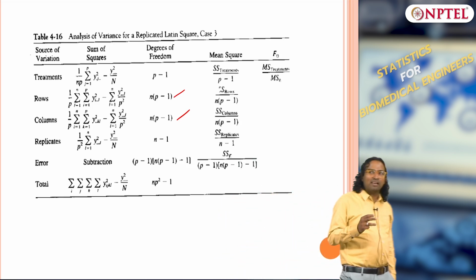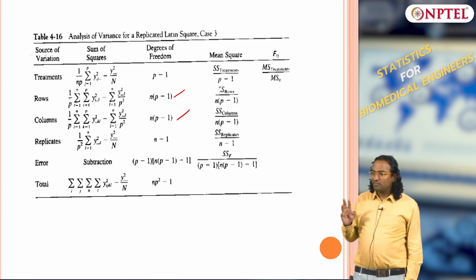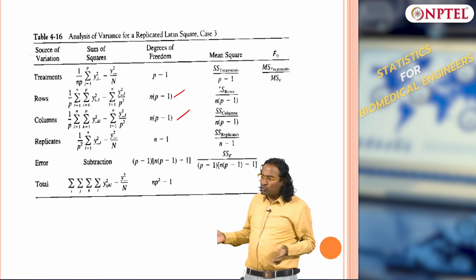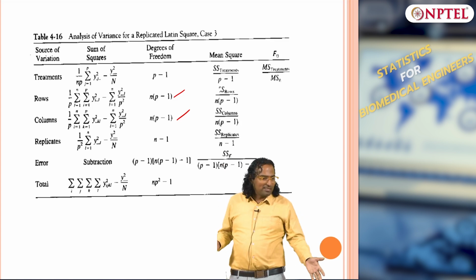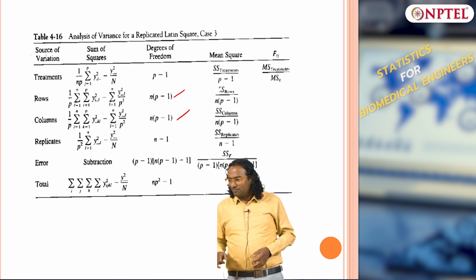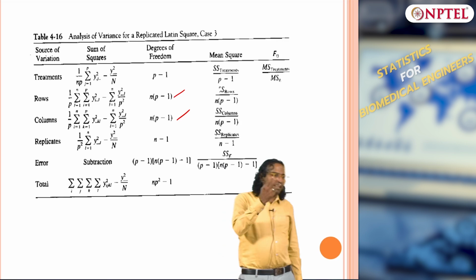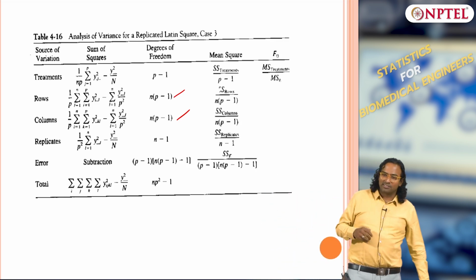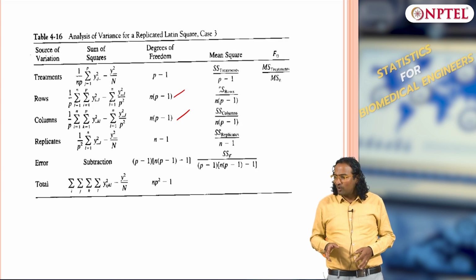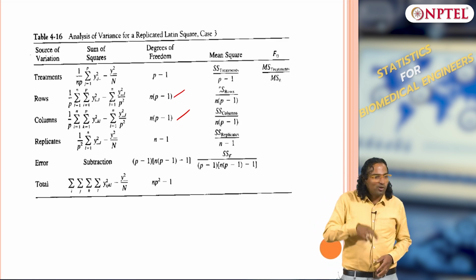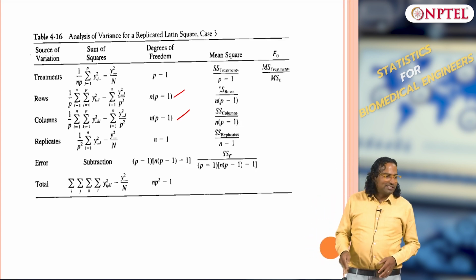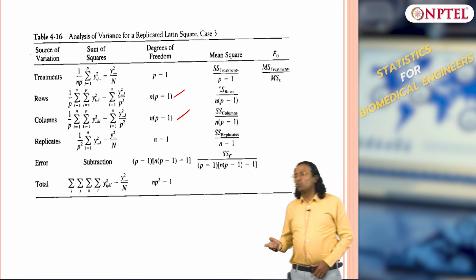When you replicate, you can do it three ways. Okay. If the number of variables increases, then the number of strategies in which you can replicate also becomes complex. In this case it is easier, either rows or columns. If I do 3 nuisance factors, suppose you have treatments plus 3 nuisance factors, then the replication becomes quite complex. Okay. You can keep one constant and 2 others varying, 2 constant and 1 varying, 3C2 combinations will come. Here it is a simple Latin square where there are only 2 nuisance factors.